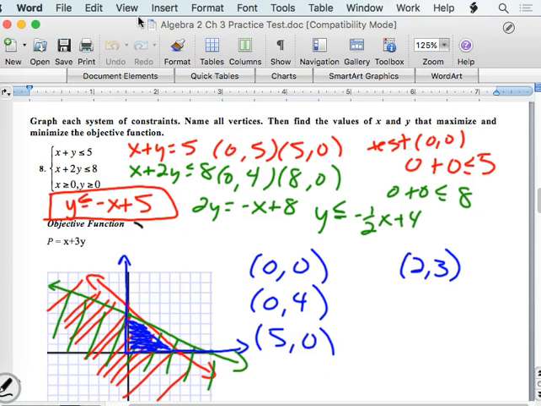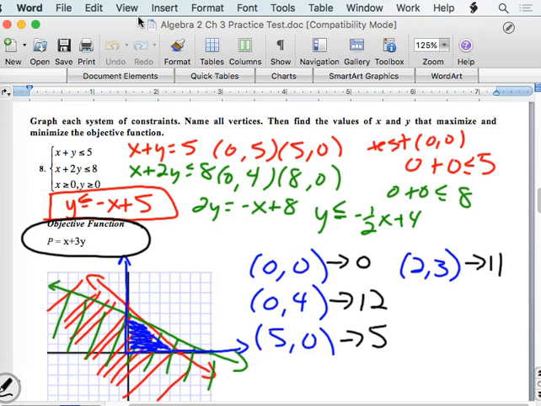Exactly, and I like that you said bottom equation, because that's what that is. That's not an inequality, that's an equation. That's our objective function. So if we put 0, 0 in here, that'll be 0 plus 0, which is, of course, 0. 0 and 4, well, that'll be 0, and 3 times 4 is 12. 5 and 0, well, that'll be 5 plus 0, which is 5. 2 and 3, well, that'll be 2 plus 9, which is